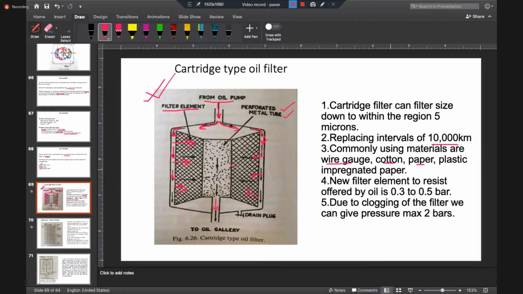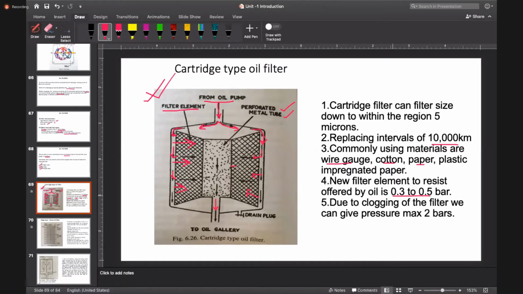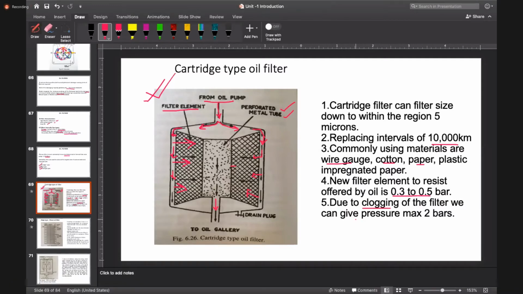Okay, a new filter element offers a resistance of about 0.3 to 0.5 bar. However, if the filtering element is clogged or blocked due to wear debris, the blocking pressure may rise up to 2 bar. Okay, so this is about the cartridge type of oil filter, and I want everyone to draw